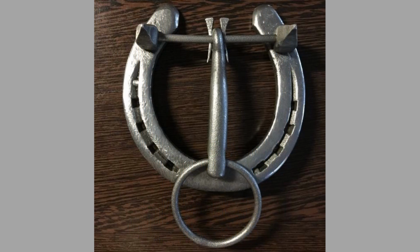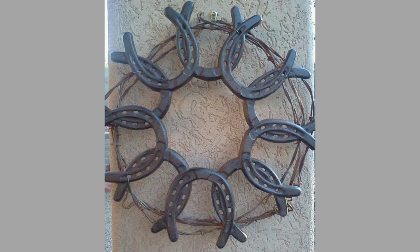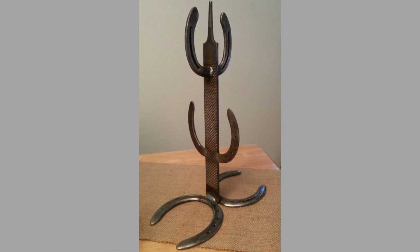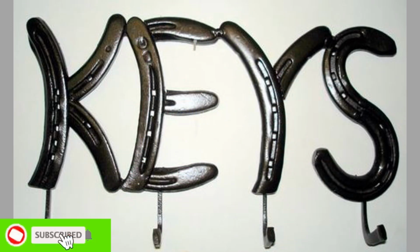You can create several unique designs by using horseshoe pieces. Horseshoes have a distinct shape and texture, which can add a unique touch to any repurposed item. This can make your creation stand out and add character to your home or garden. In addition, horseshoes are often considered to be a symbol of good luck, and repurposing one can help bring that luck into your home or garden. Repurposing a horseshoe can be a way to honor the tradition of blacksmithing and farriery, which have been important trades